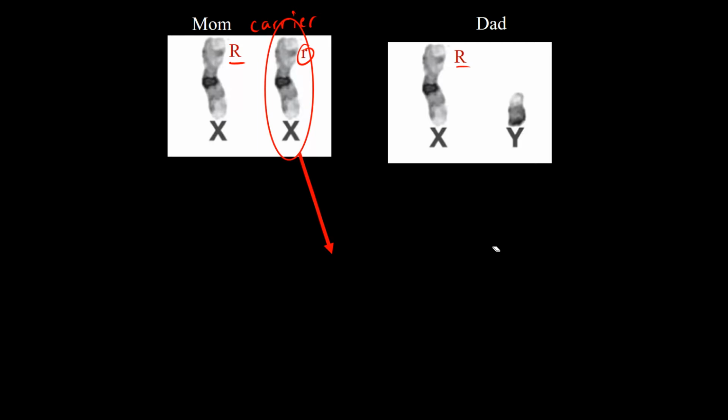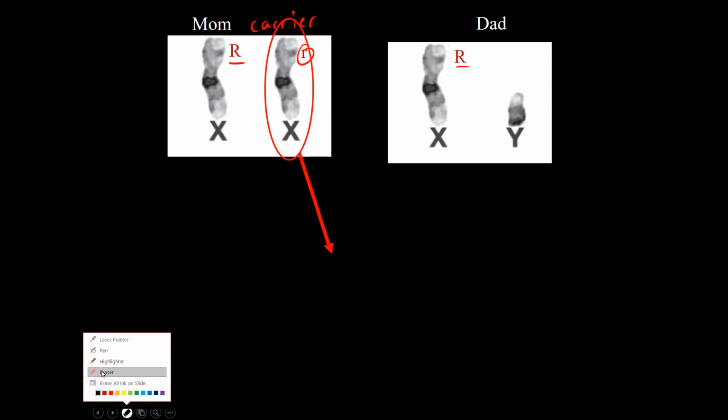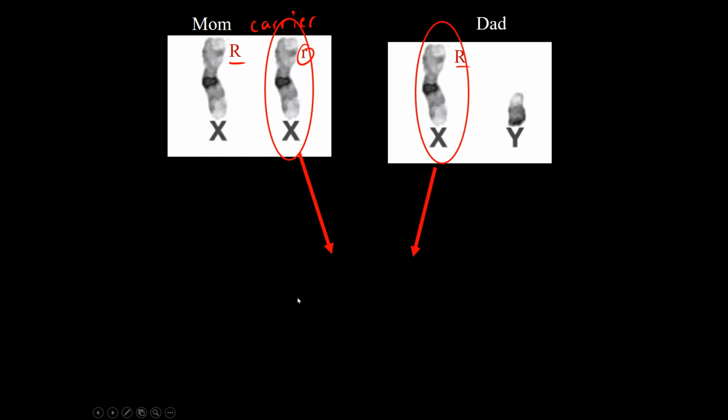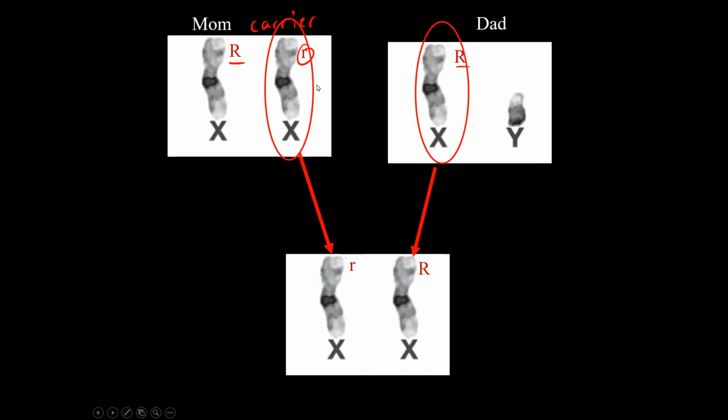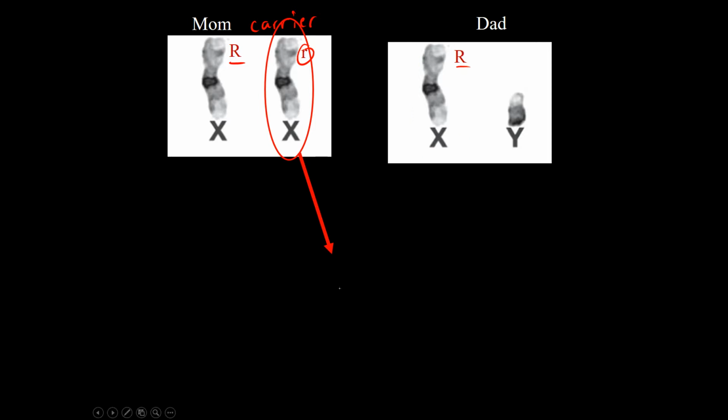Let's say the mom, hold on. Let's say that the mom gives a little r, and the dad also gives a big R, and they have a daughter. Okay, so if they're having a daughter, what's happening here is that it's kind of like this. I will just do this. So let's say,